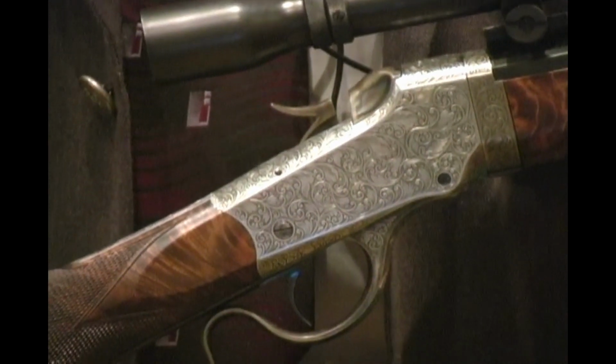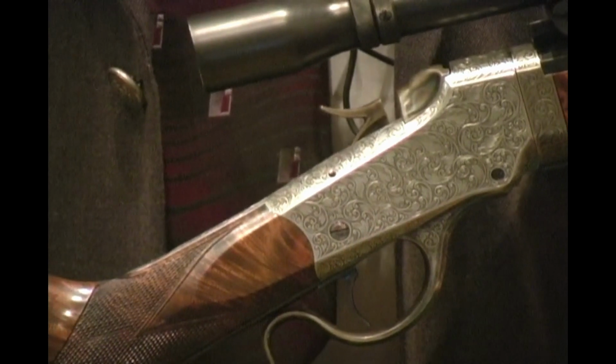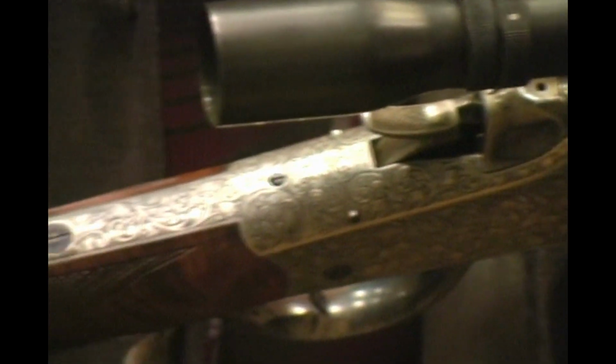The style of scroll that I decided on, I kind of copied from one that Rudolph Kornbrath had done on a Winchester high wall and modified it to fit on this low wall. I will pick up the rifle and we can take a look at some of the engraving. The sides of the receiver are fully covered with a Germanic style of engraving. Also covers the top of the receiver and the tang,